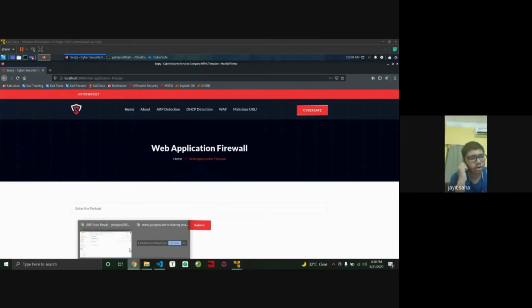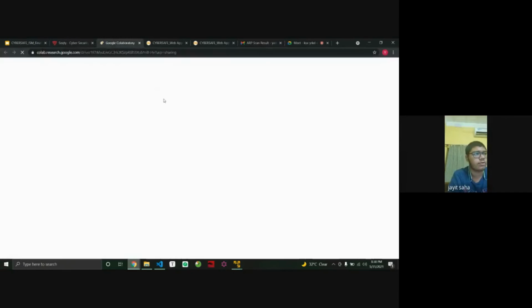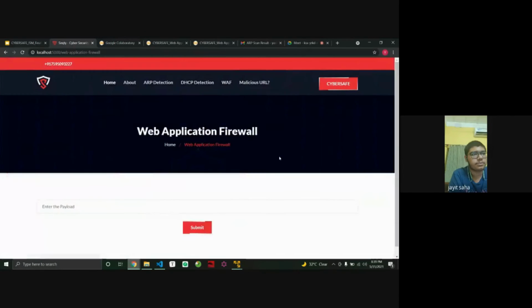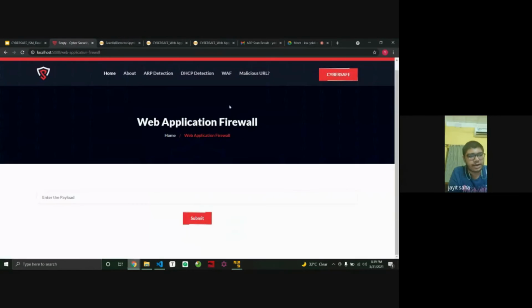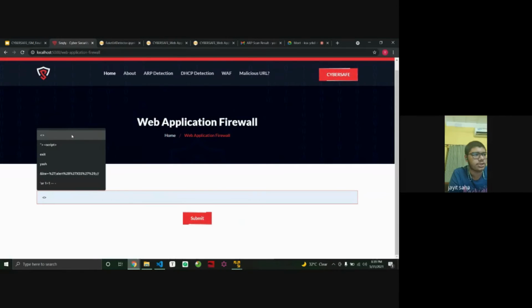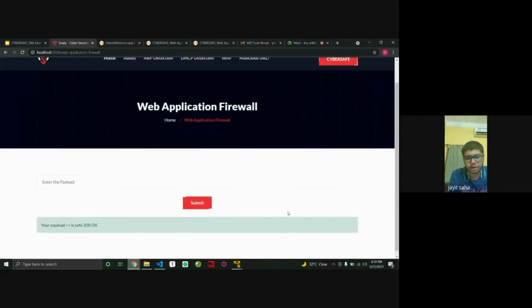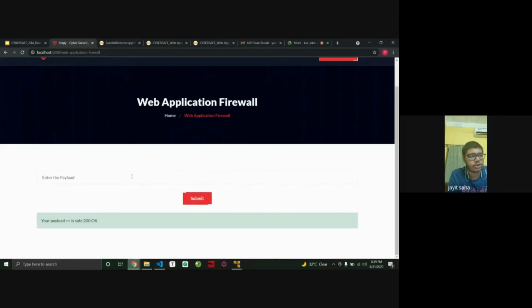Yes, now open the web application firewall, the WAF. So now we will enter various payloads. For starters, we will enter just a bracket, which we all know is not malicious. According to our machine learning algorithm, it is safe and we can proceed forward.